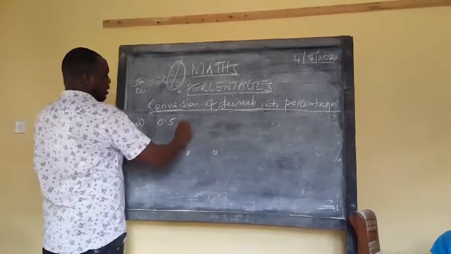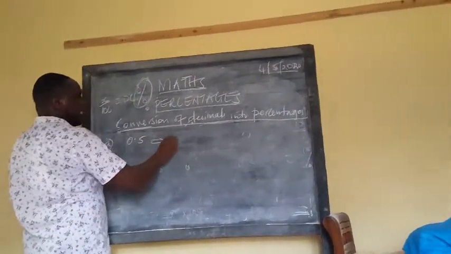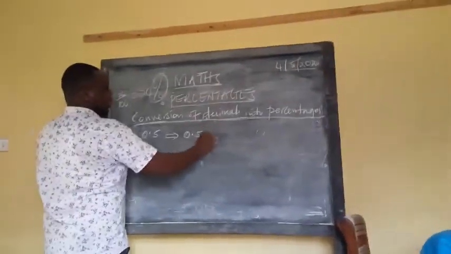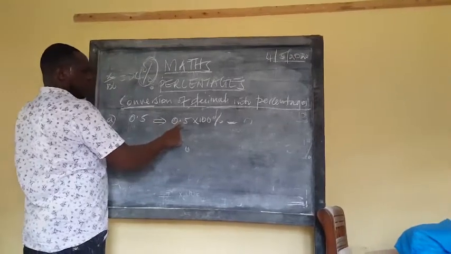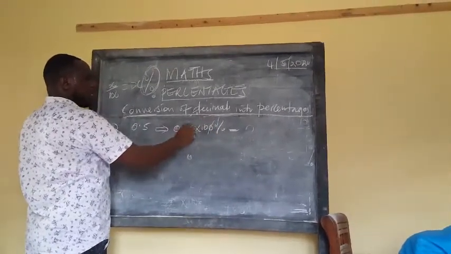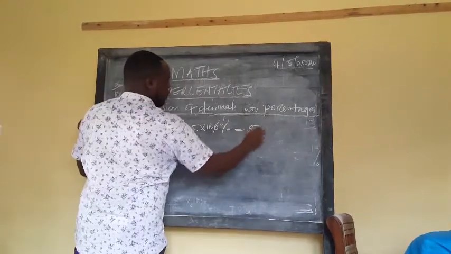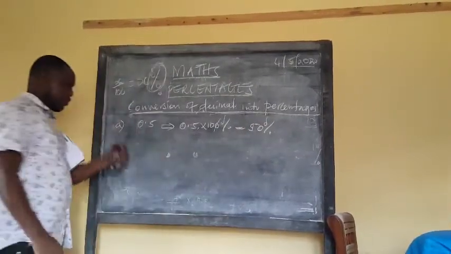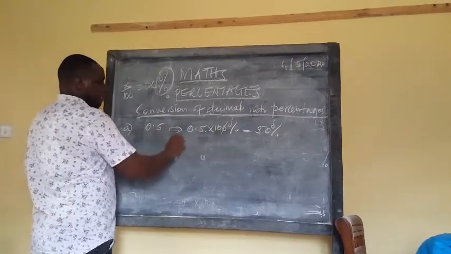Number 1, you can either multiply this with 100% directly, 0.5 times 100%. That will give you 1 decimal place here, 1 zero will remove it, and it becomes a whole number. 5 times 10, 50%. That is method 1. Number 2, you can decide to make this a fraction by just looking at the